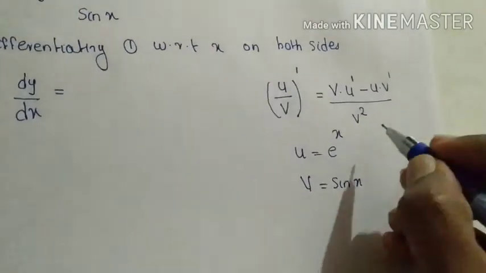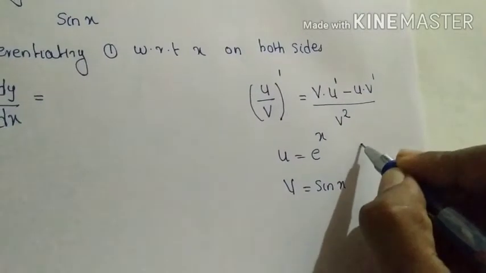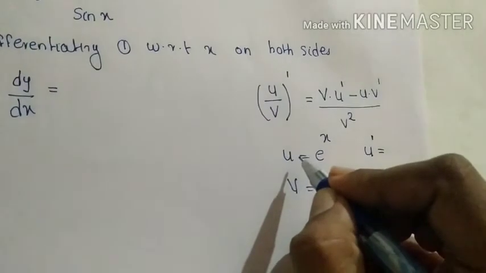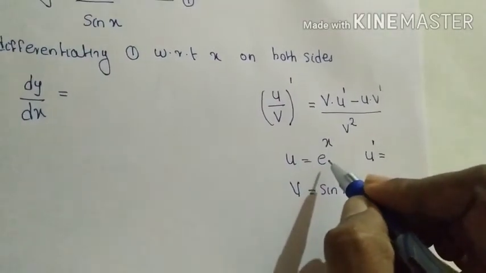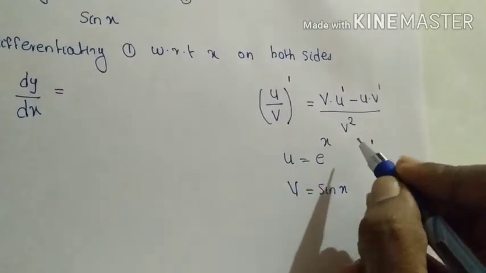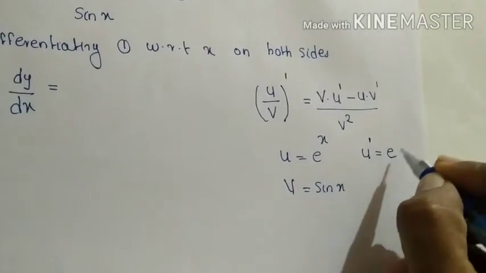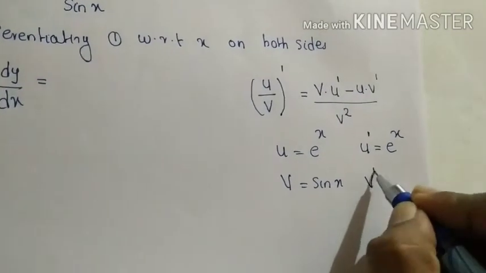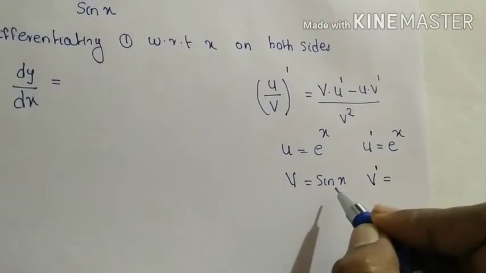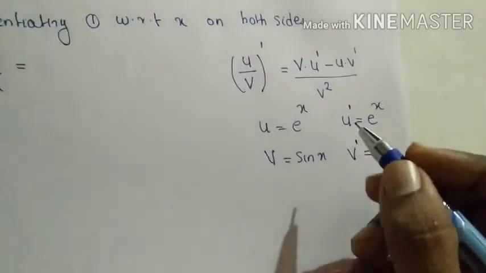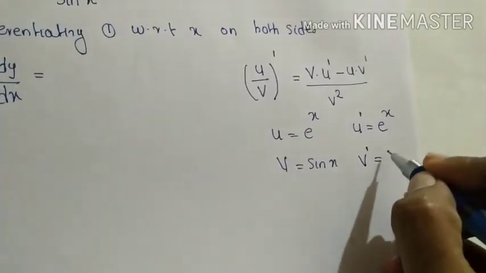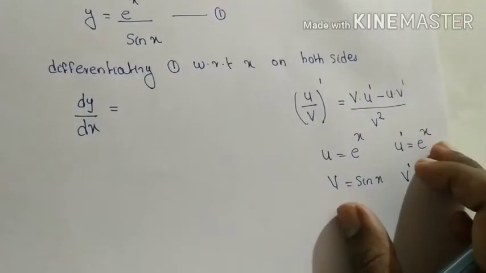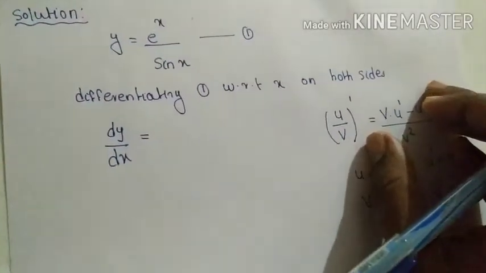Okay. u dash means derivative of the first function. Here u is e raised to x. We know that the derivative of e raised to x is e raised to x itself, right? Next, v dash: if v is sin x, v dash will be the derivative of sin x, which is cos x, right? So substituting all these values into our quotient rule,